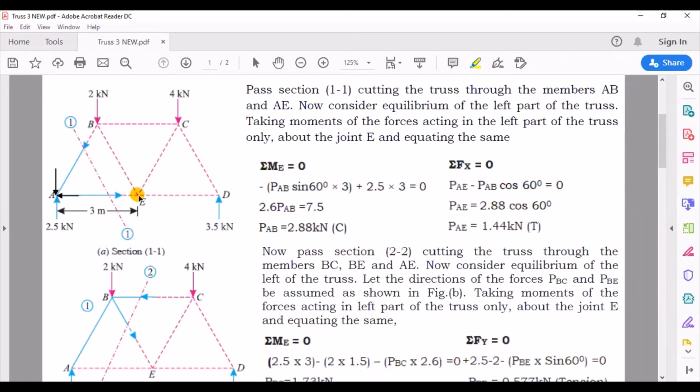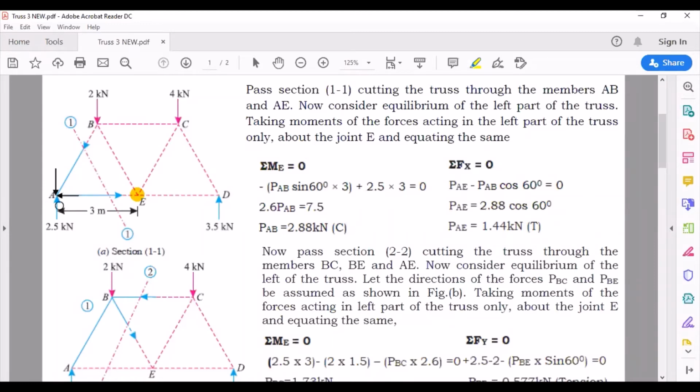If I happen to take this as a moment center, first let me see how many forces are there to the left of the section. You have an inclined member force which will be resolved into vertical and horizontal. You have this member force, that is AE. You have a vertical reaction. So totally 1, 2, 3 and 4. Amongst these 4, which passes through point E? So you can see that this member force AE passes through point E, and also the horizontal component of AB passes through point E. Thereby these two become 0.